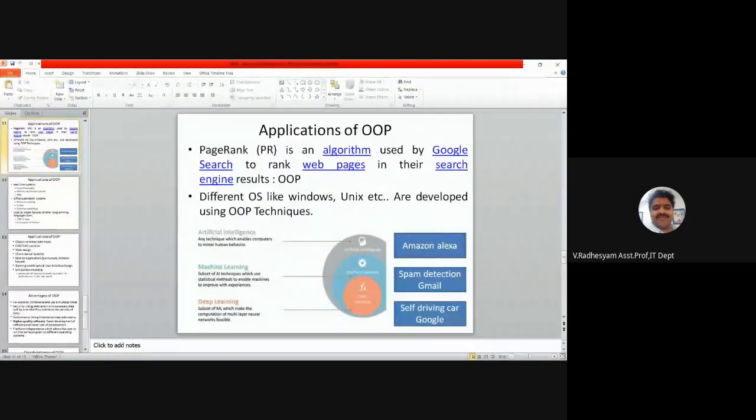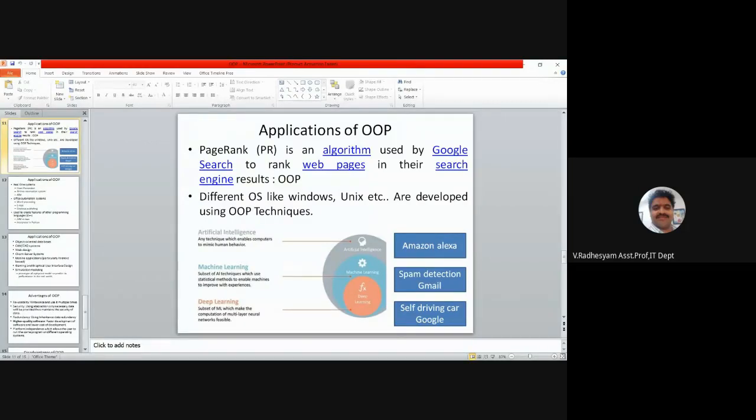A few of the mails can be automatically separated into a spam folder. Are you going to separate them as spam, or does Gmail itself separate them? Gmail itself will separate them into spam.